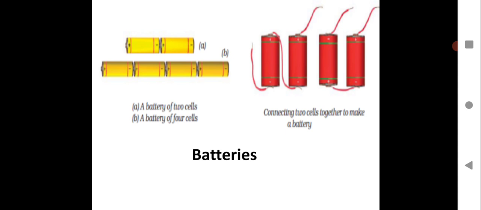Here on the right hand side you see a vertical arrangement. When you have a vertical arrangement of the cells to make a battery, here you can see how two cells are connected, where the negative is connected to the positive of the other cell, and that combination can continue to make a battery. Just have a look at this, where you are connecting two cells together to make a battery. That is a vertical arrangement of the cells. That together makes a battery. I hope this is clear, children.